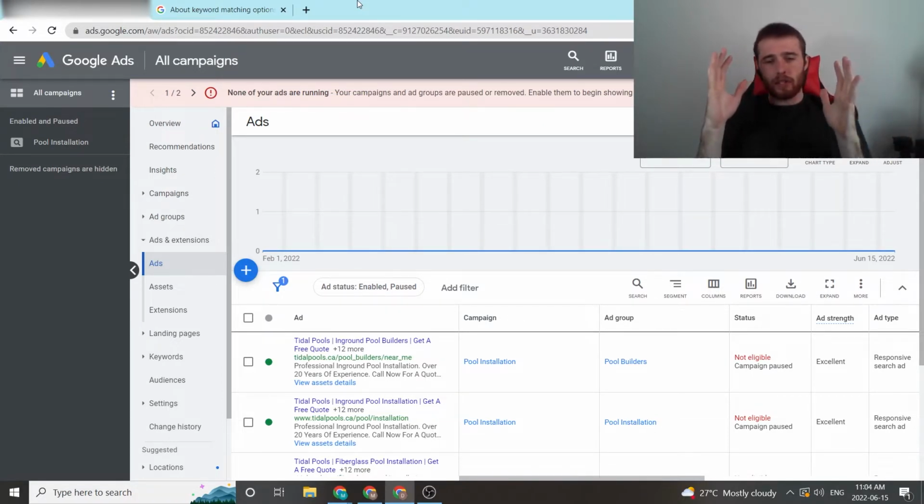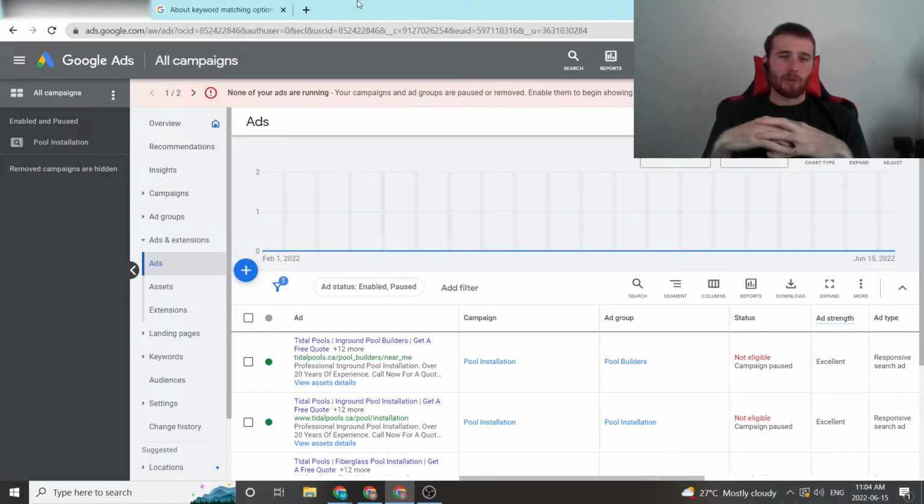So for service-based businesses, what should you be using for your account? I would say you should be using exact match and possibly phrase match. Broad match really should not be an option in your service-based business. It will consume the vast majority of your budget if you use it, and it will be going after just copious amounts of search terms, most of which won't be relevant to your campaign, and you're just going to burn a lot of money, get really poor quality leads, and have a very not fun time, to say the least,